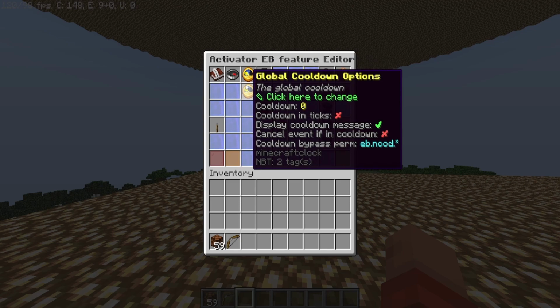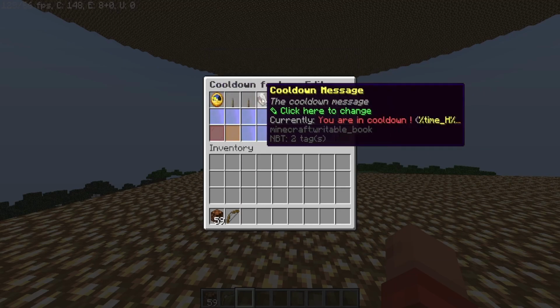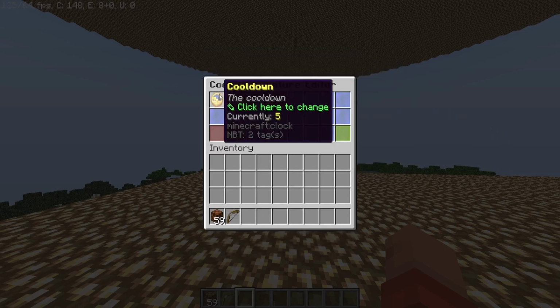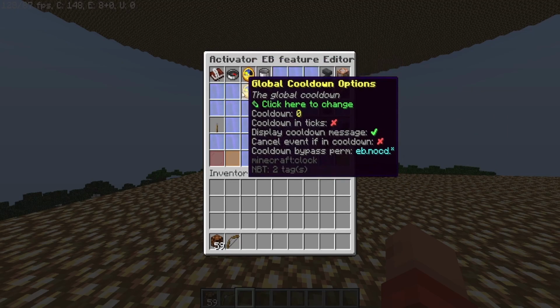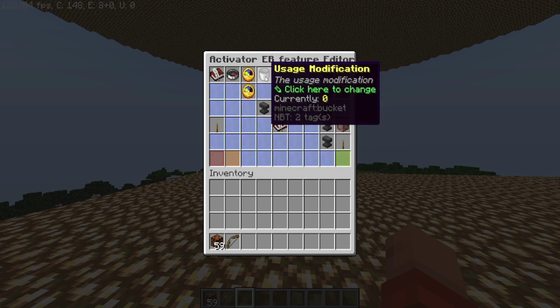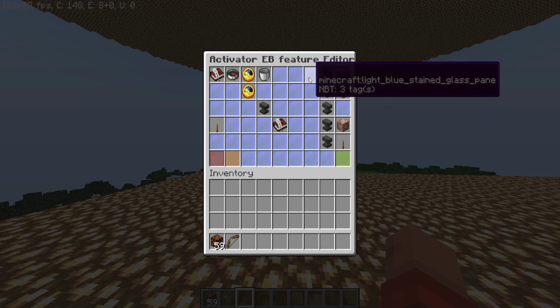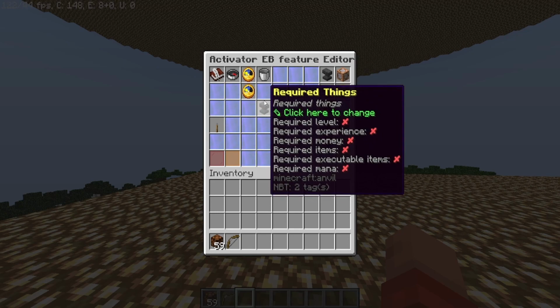And it's the same idea. Since I don't have many players, I am just explaining with words. It has the same features. The only difference is that instead of player, it's on global. Usage modification, I haven't explained the usage, so not for now. Required things, yeah,